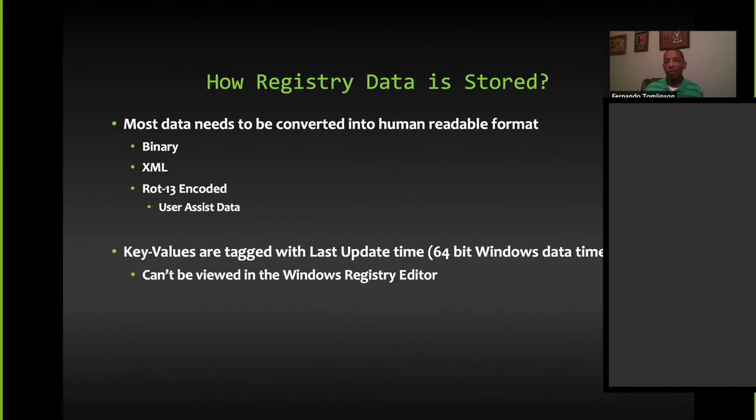So how is this data stored? Well, some of it is stored as a binary. Think of an executable, if you will. Some of it is stored as an XML file, just a subset of text. Some of it is even stored as ROT13. Think of ROT13 as character shifting. So if I had a text of A, B, C, D, I would just shift them to the right 3 letters, and now my A becomes B, C, D, E, and then I just kind of carry that on.